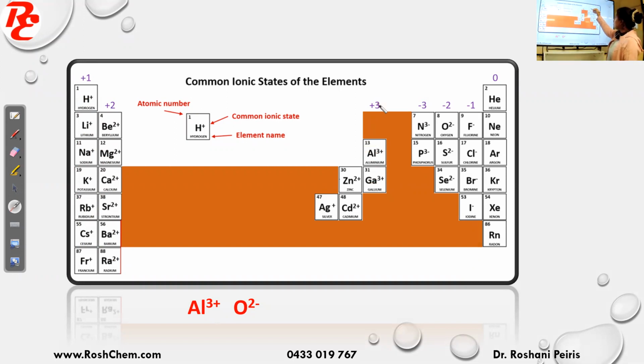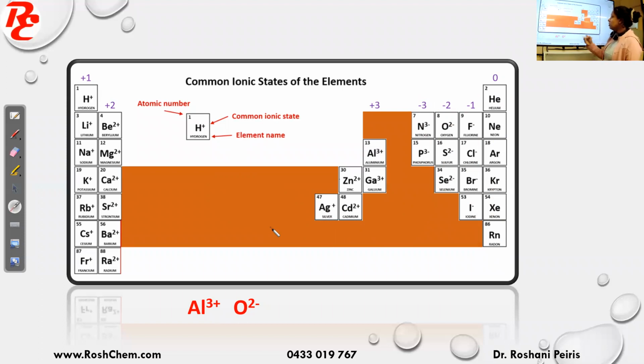And then this is group 15. So nitrogen, phosphorus making -3. Then from group 16, you have -2. So then from group 17, you have -1. And these are the noble gases. They don't form any charges. And the area highlighted here, they don't have fixed charges, so we say they have variable charges. So if these elements are given, the charge will be given inside a bracket in Roman numerals.